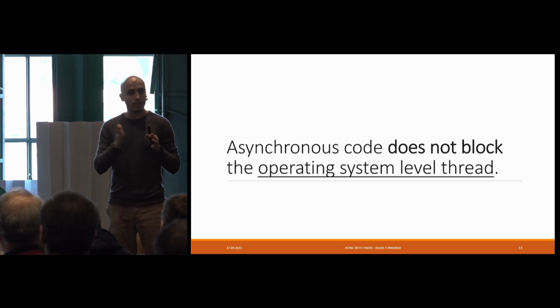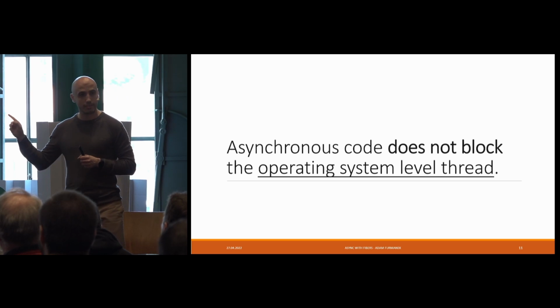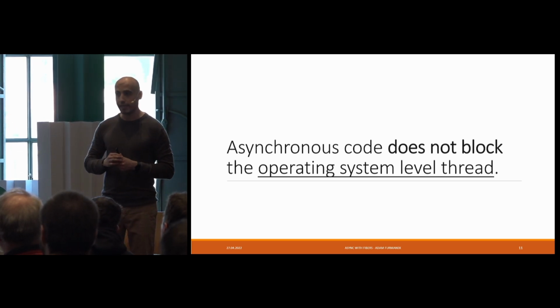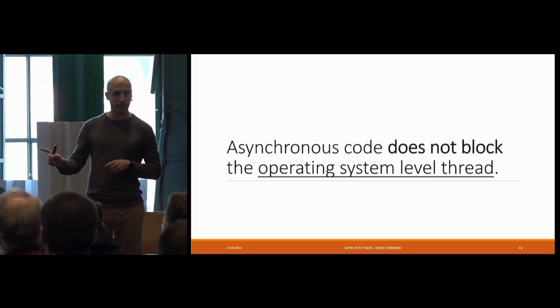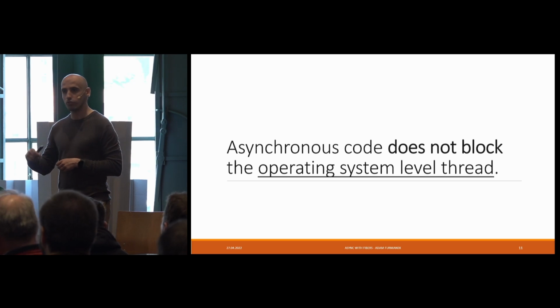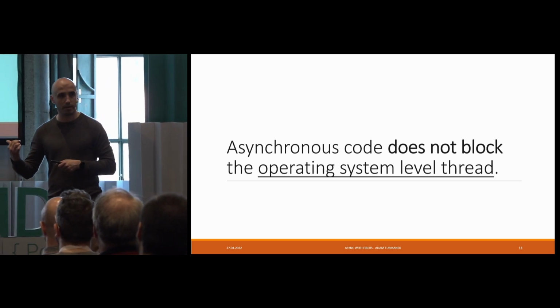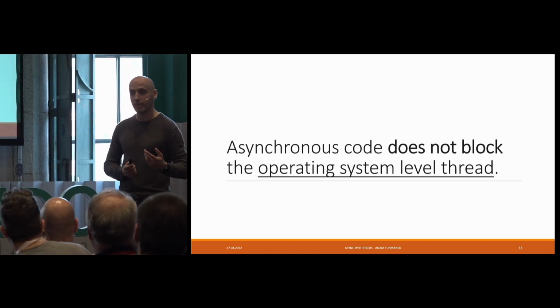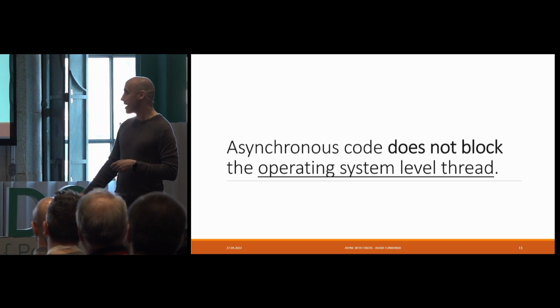First, we cannot block. That's the important thing. But what is even more important here is we cannot block the operating system level thread. Meaning that with async and await, we can actually block, but not on the OS thread. And this is what we are going to utilize under the hood. We will see how the blocking is currently implemented in C#, and then we will see how it could be implemented in a different way. So this is what's up next.